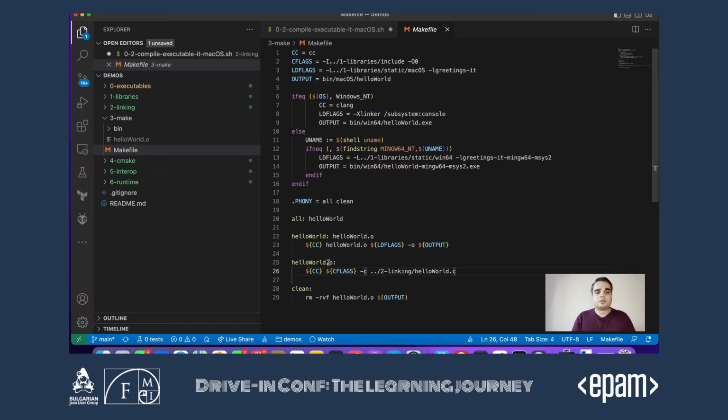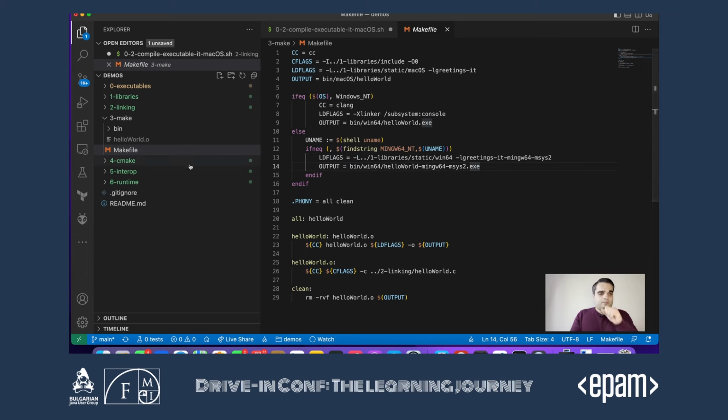So in this case, we're saying you need to compile the .o object of hello world. This is how you compile it, by using that compiler with those flags. And finally, you need to link it, and you need to put the output here. So it's a more clever way to do those shell scripts and configurations. And we can do also some checks. So if we are running on Windows, we actually want to pass some other flags that are specific to Windows. If we are running on Windows on MinGW, we want to do those instead, maybe change our outputs, change our